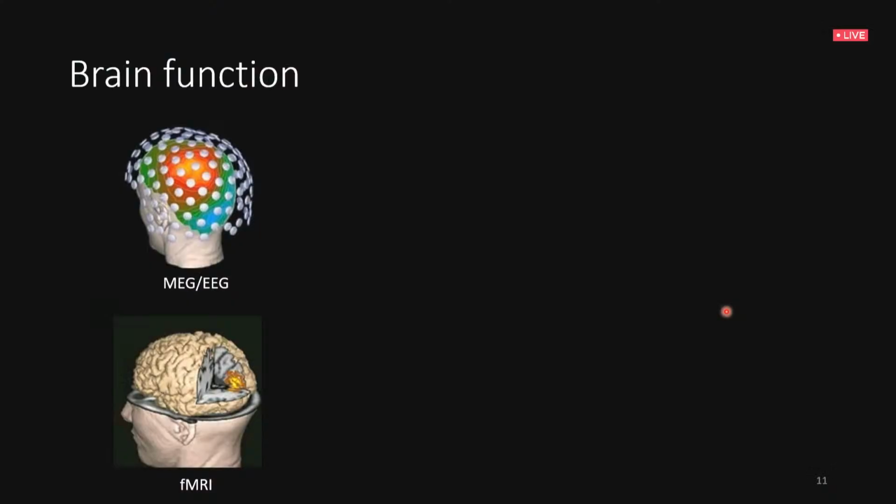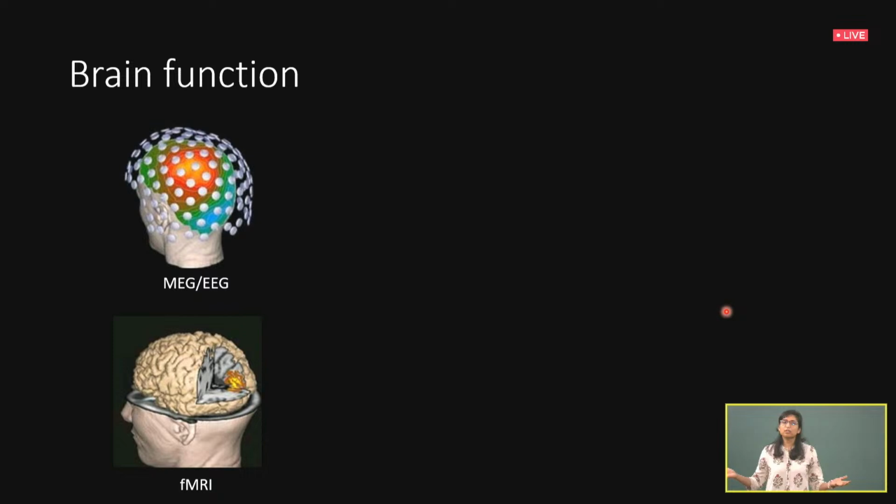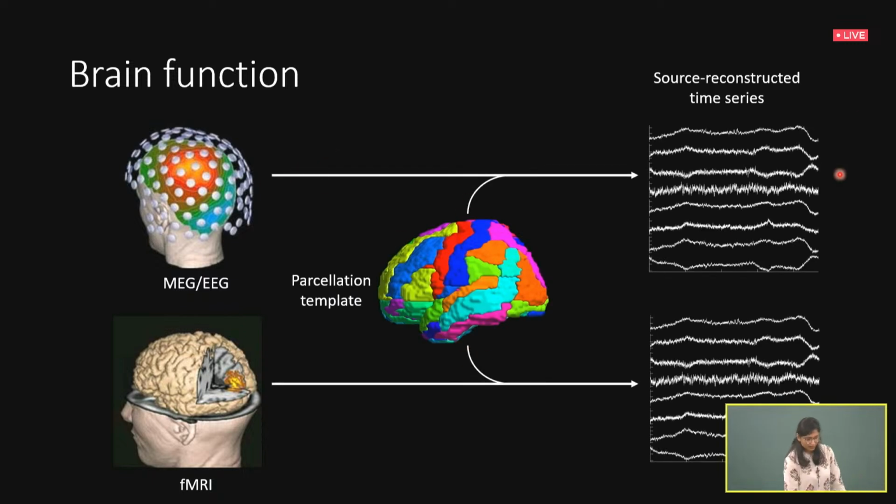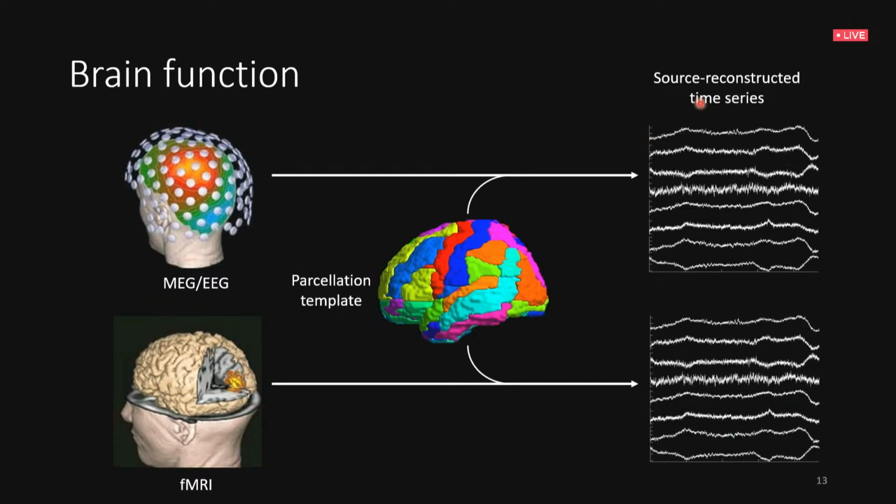What about brain function? Now for brain function, there are various different neuroimaging technologies available to capture it. The popular ones are MEG, EEG, magnetoencephalography, electroencephalography, and functional MRI. All of them try to capture the electrical activity of the brain. Functional MRI indirectly and MEG and EEG more directly. And the idea is that we project it onto a template and we get some source reconstructed time series. So these are just time series corresponding to different brain regions, and that's brain function for us. From this